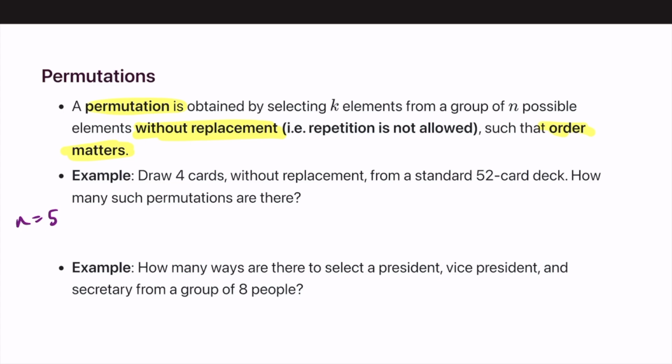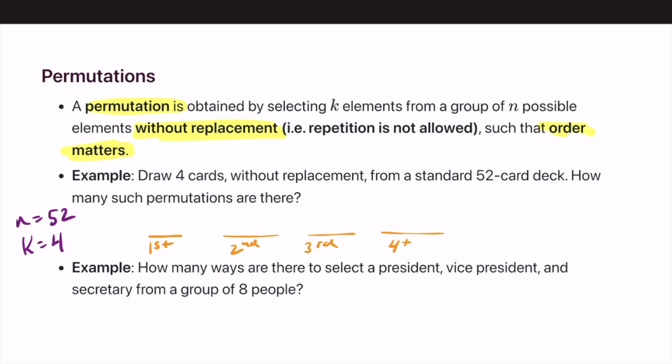So here we still have n equals 52 and k equals 4, because we're drawing 4 cards from a standard 52 card deck. However, we are no longer doing it with replacement. We're doing it without replacement. So once you draw a card, the Heart of Kings, that Heart of Kings is removed from the deck and it can no longer ever be drawn again. So in this example, we still have our k elements. So here's the first one, and here's the second,